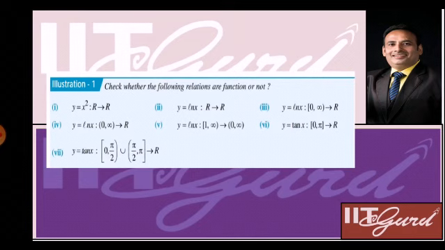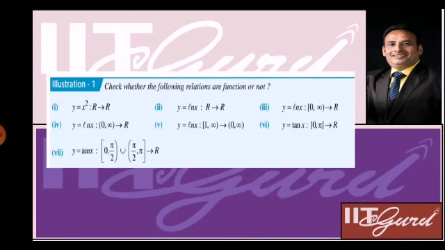Now let's take a question. Check whether the following relations are functions or not. First, y equal to x square, R to R. Second, y equal to ln x, R to R. Third, y equal to ln x, 0 to infinity,